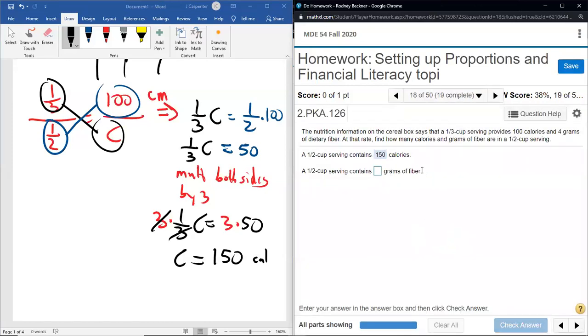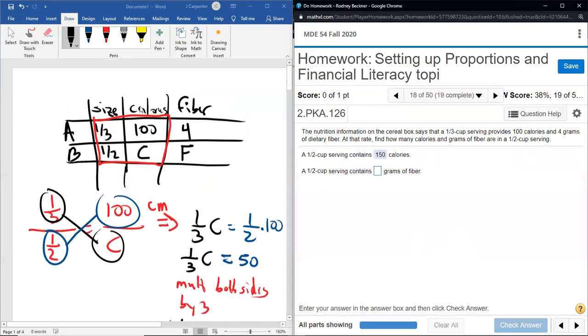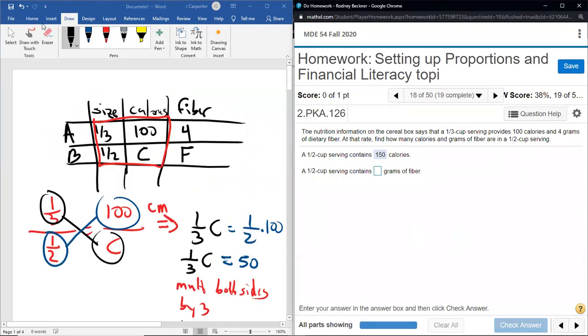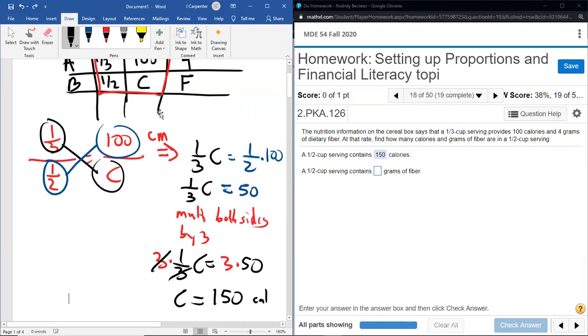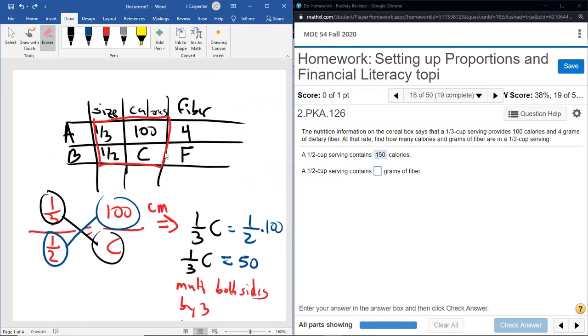Next, they want the grams of fiber. So we can go back to using this setup. Erase, please. There we go. So now I want to draw a box. Now that we know this C is 150, I want to draw a box to be able to find the